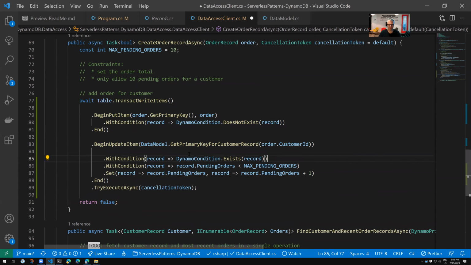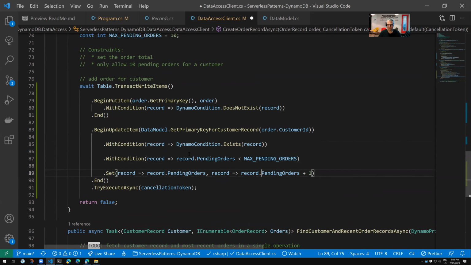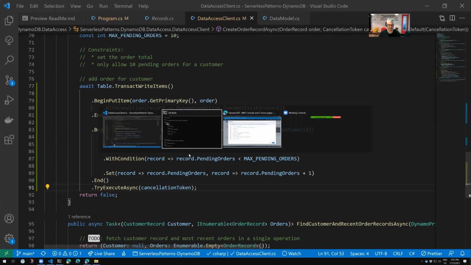So customer has to exist. We cannot have too many pending orders, otherwise we don't allow any more to work until they have been shipped and paid for. But if that's the case, then great. Then increase the pending orders and store the other guy. Either both happen or neither happens. So I hope I got this right. When I hit run,